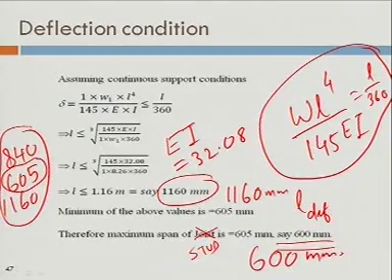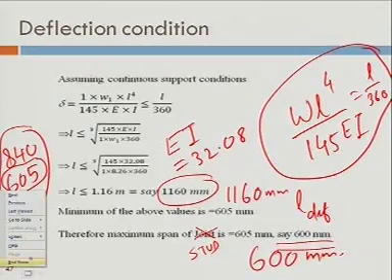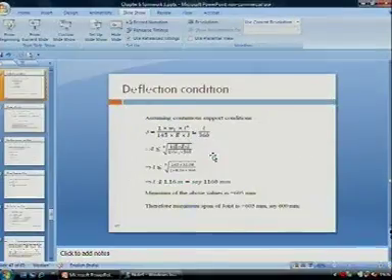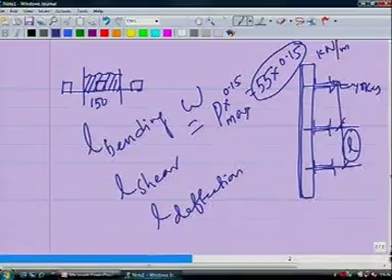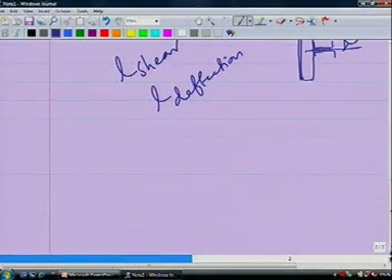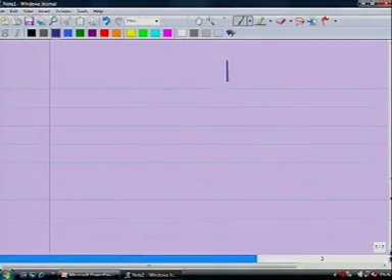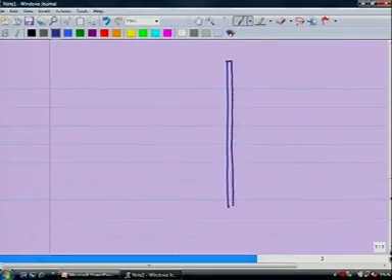Okay. So that means I will just show you how we can show it in drawing. It is like this. I am showing the elevation or section, you can say. Let's say this is your plywood. This is your stud.